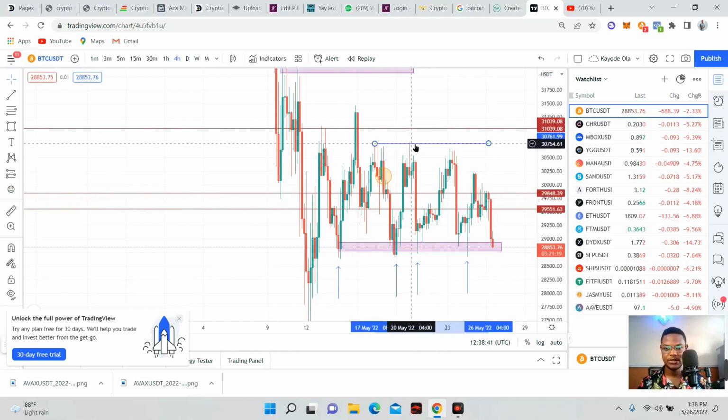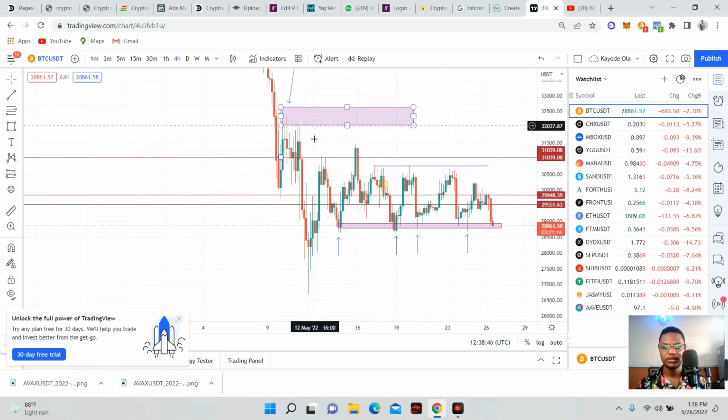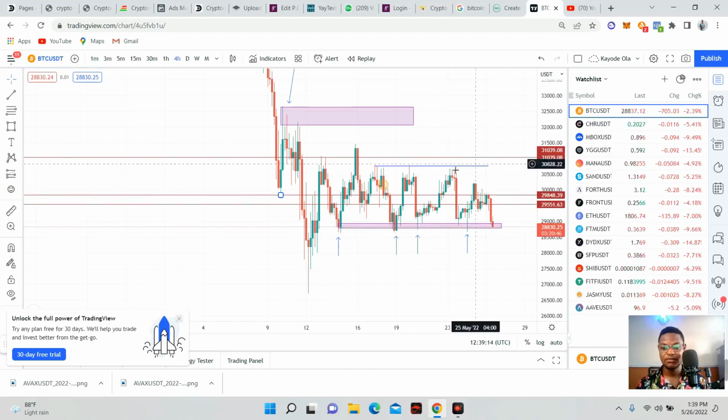Okay, let me start from here. I think this is the first one. Just like this point, you short here. Another point here, you short here. Another point here, you short here. Another point here, you short here. So obviously it's coming down. So this is how you can trade a bear market if you are a short-term trader, as a swing trader, as a day trader. Sorry, don't mind me. As a day trader, short-term, it's preferable to short the retracement.